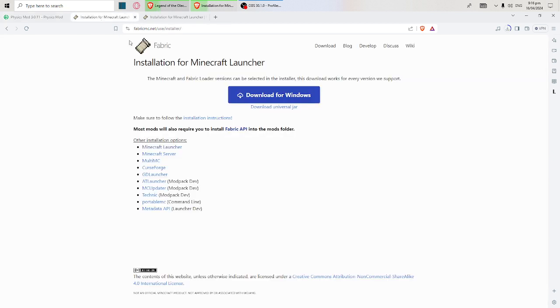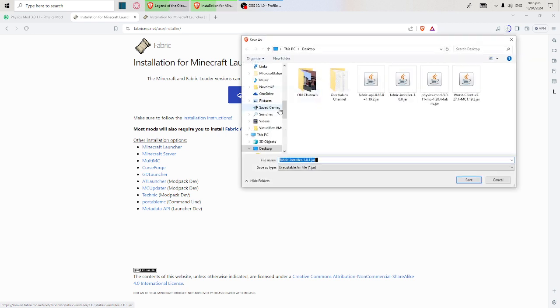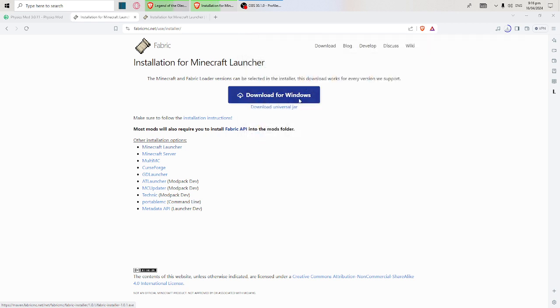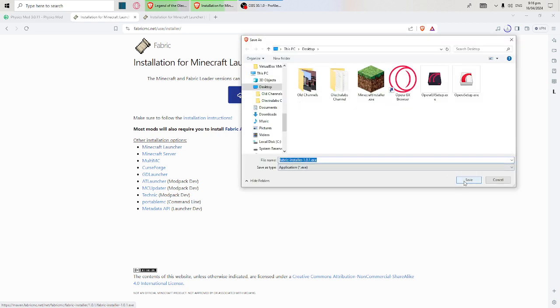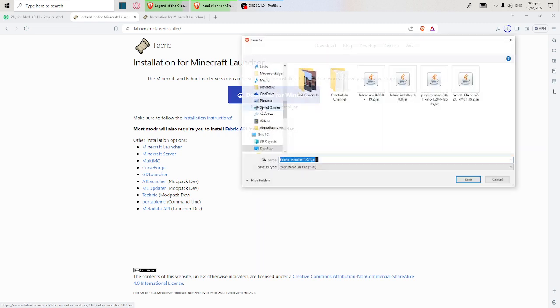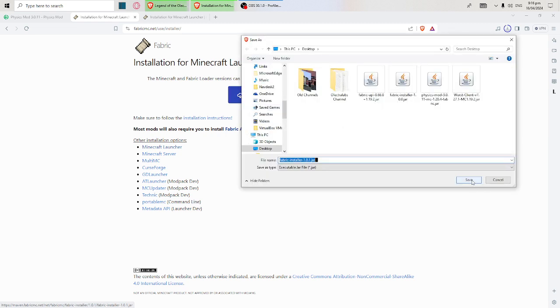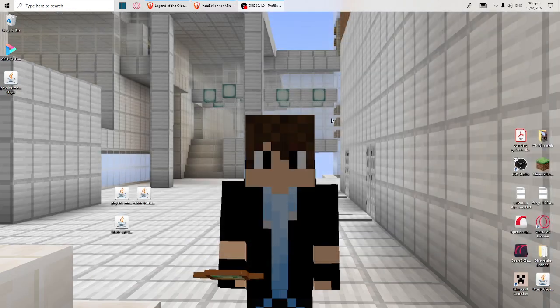Next one we're going to need to go to is the Fabric installer. Just a little link under here will do. Or we can click on the big blue button here. That's just going to do the same thing. I prefer to use the one underneath the blue button because it's just a jar file. You will need Java if you're using the jar file. If you don't have Java, try using the Windows button. I've already got this saved, so I'm not going to save it, but I've already got all the files down